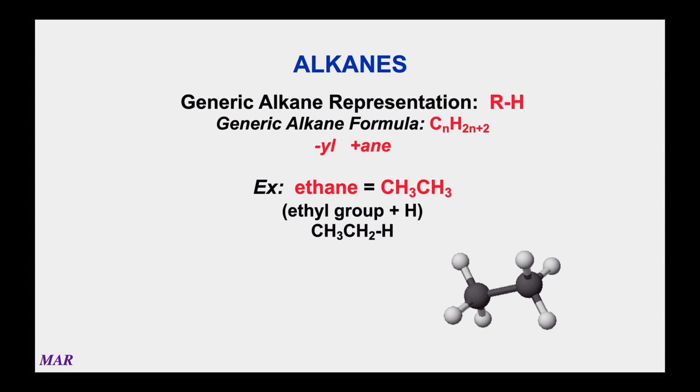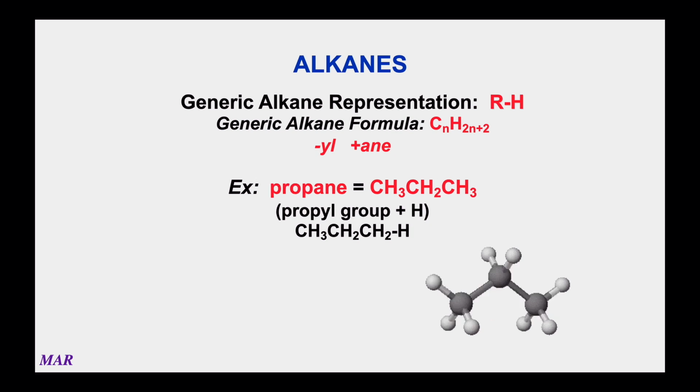Notice again that this is all tetrahedral, sp3, all the bond angles are 109 degrees, etc. Ethane is a small component, as I understand, of natural gas. Most of it is methane, but there's a little ethane in there as well. Propane is a propyl group plus hydrogen. So you can see how propyl ends up as propane if you add a hydrogen to it. So the propyl group was CH3CH2CH2, put a hydrogen on the end, everything's tetrahedral, sp3, 109 degrees, etc. Propane is this one. Propane is the main ingredient a lot of times in barbecues. If you've used a barbecue, it's probably propane, which is cool.